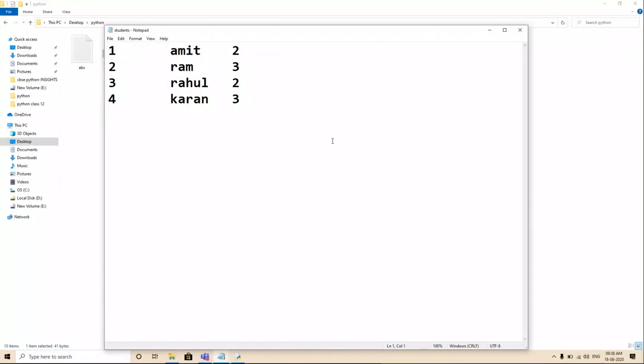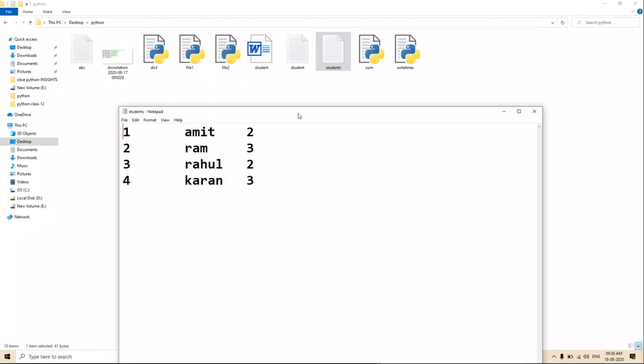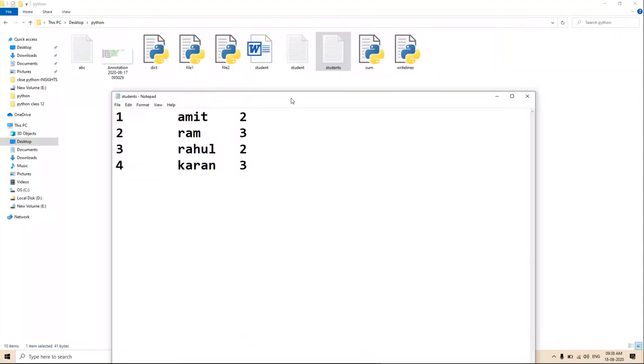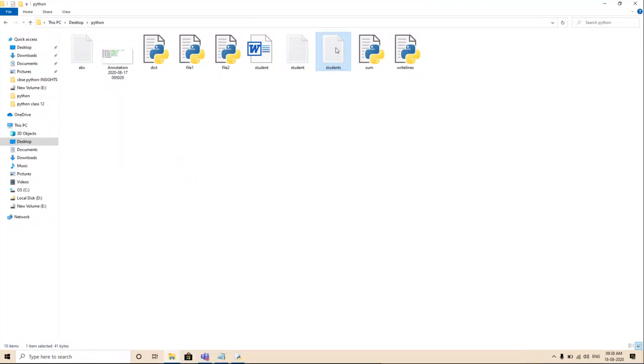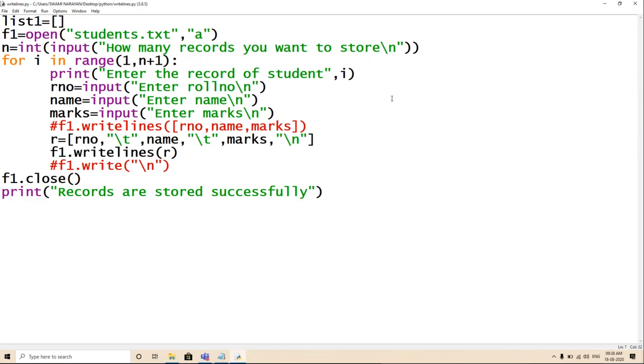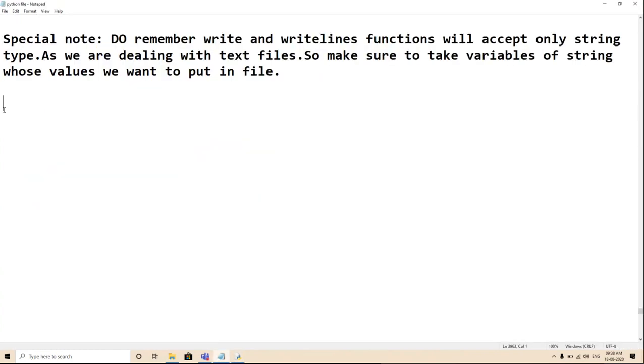This is the specialty of append mode, that by using append mode you can add at the end of existing records in a file. W mode will always create a new file. That means always it will put the data in the new file, and in append mode your data will not be lost. Fine. Okay. So now let's see the next thing.